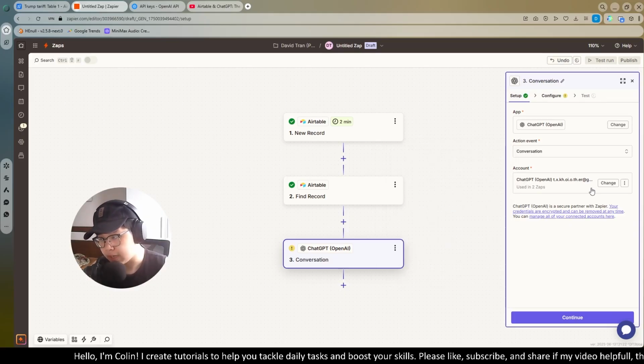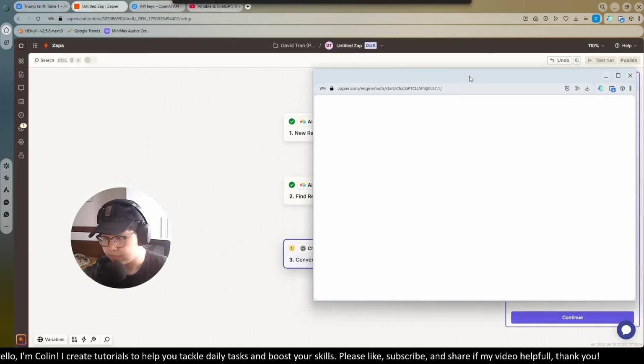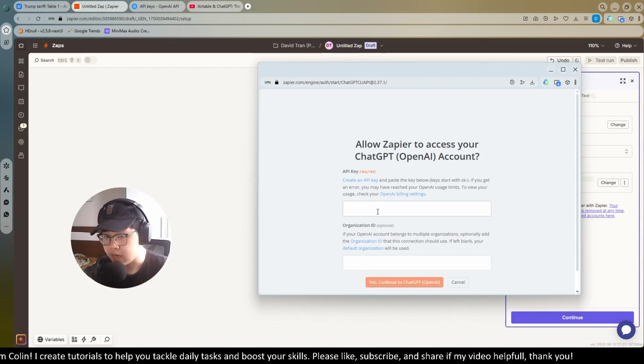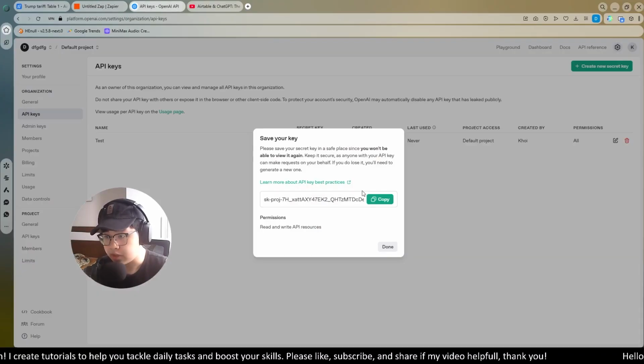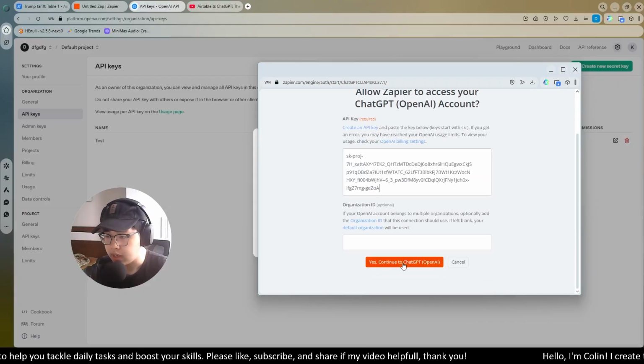Okay, for the account, like I said, I previously connected my account to Zapier. But for you guys, you need to connect a new account. You need to paste here the API key from OpenAI. I will copy my API key and paste it here. And I continue to ChatGPT OpenAI.